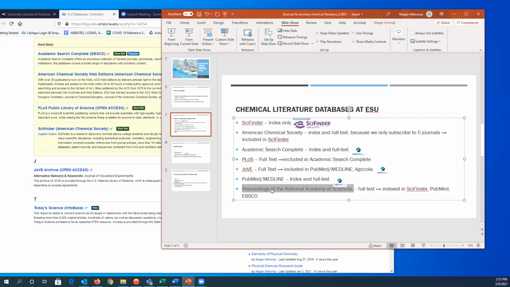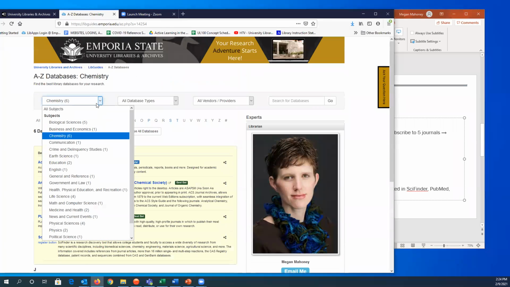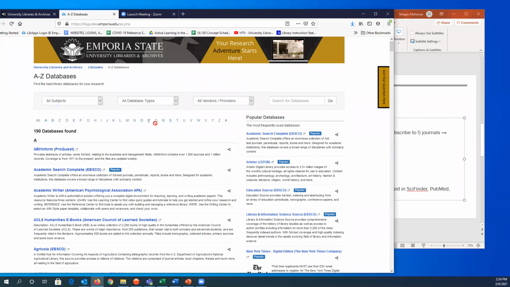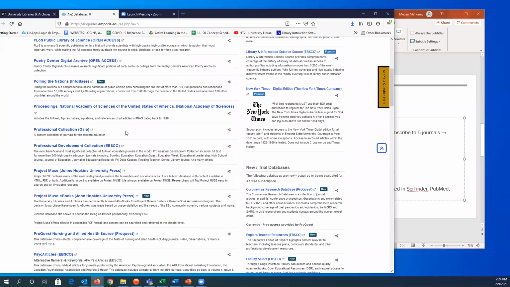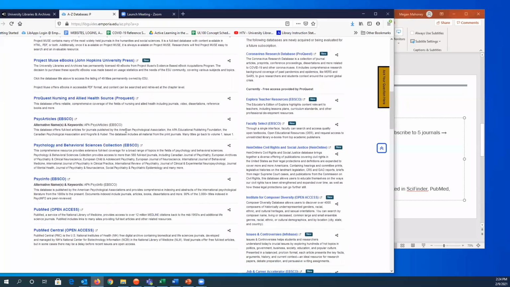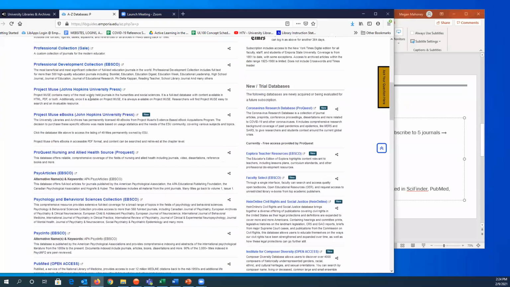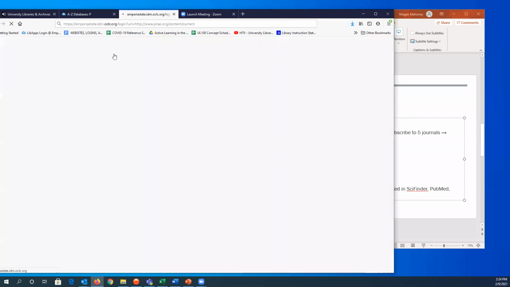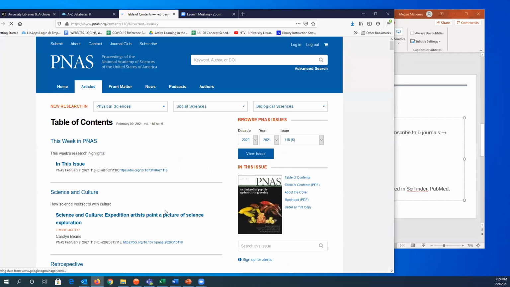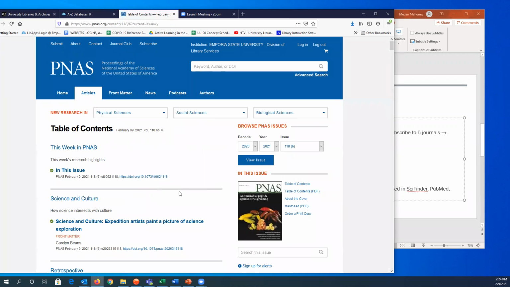However, it is possible to search it directly. So we're going to back out here, go to all subjects. Proceedings, where'd you go? And it's right here. So we'll look at this database in the next video.